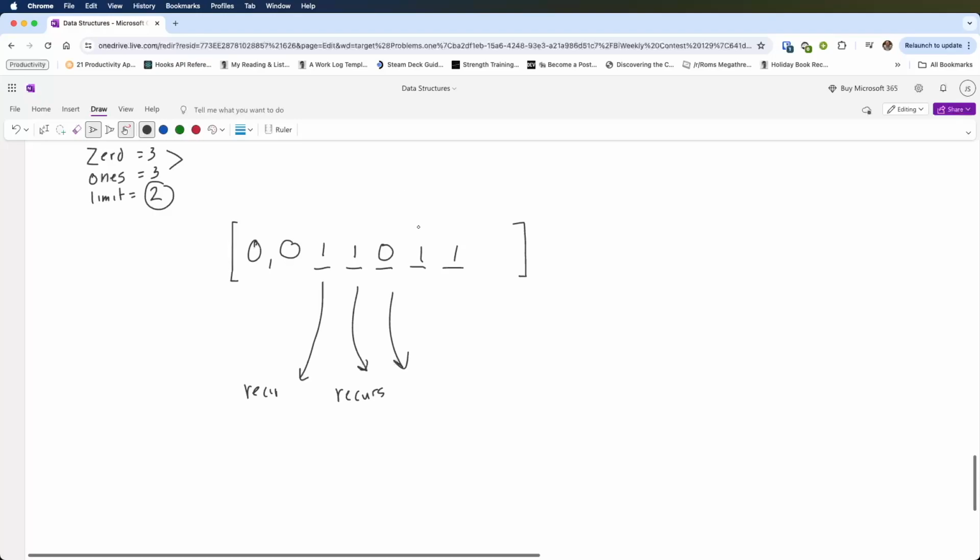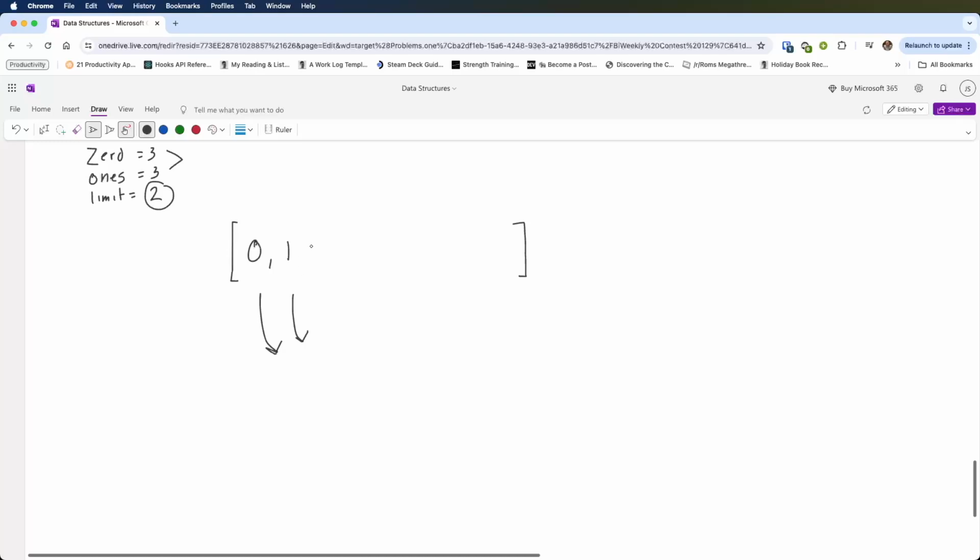So this check for the previous will allow us to effectively alternate our 0s and 1s. So what this would kind of look like is, let's start from the beginning and just walk through it a bit more. Initially, we would place a 0, we'd recurse, and we'd say, okay, our previous is 0, so now we can place up to 2 1s. So we'd place a 1, we'd come down, we say, okay, our previous is a 1,